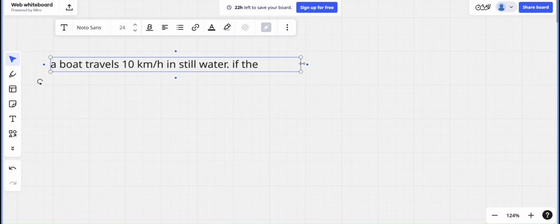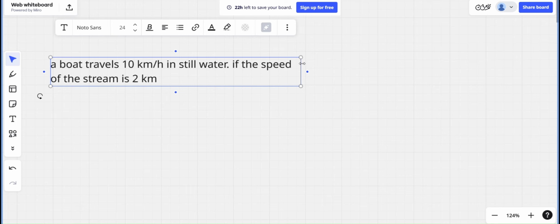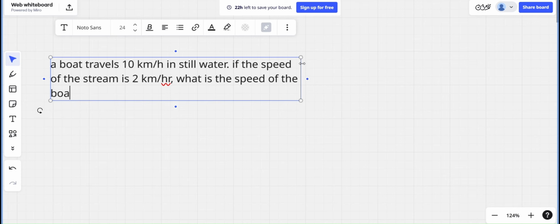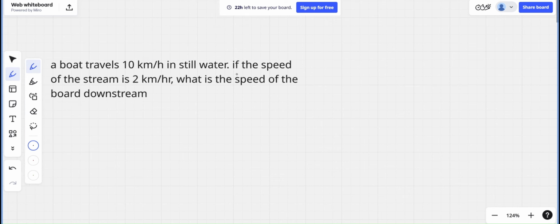If the speed of the stream is 2 kilometer per hour, what is the speed of the boat downstream? Okay, so one basic thing: when it is upstream,